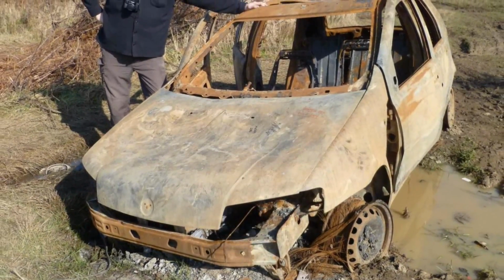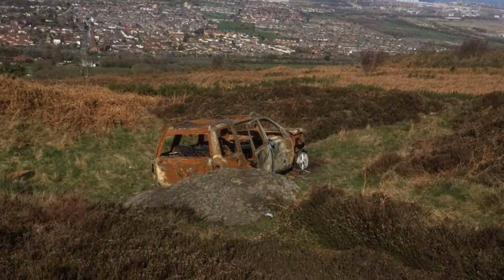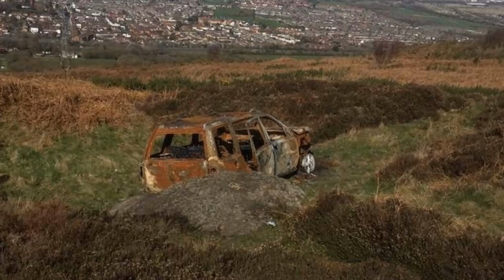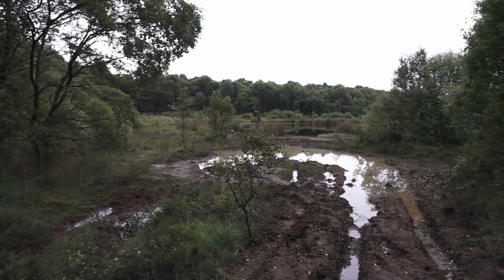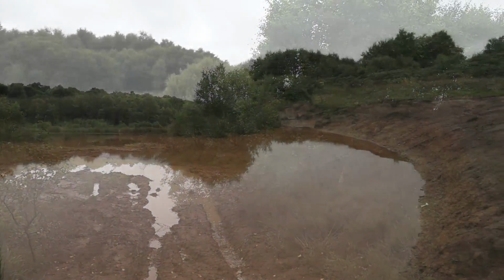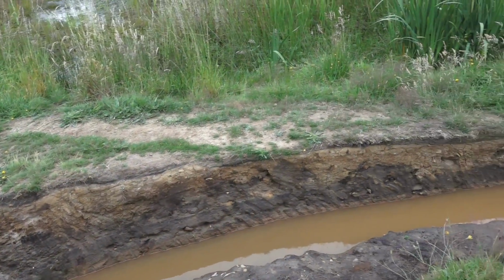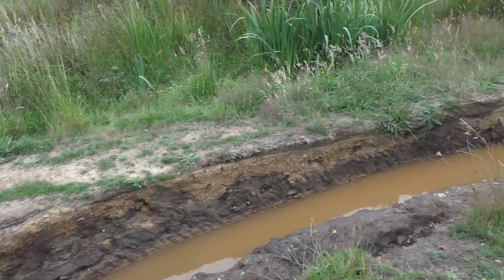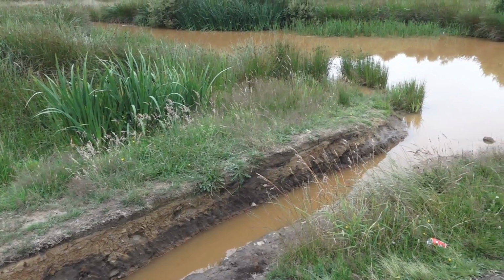Having apparently bought these cars for a pittance at the scrap merchant, groups of people bring them up to the moor and proceed to ride around the landscape until they can ride no more. This activity is having a detrimental effect on the environment and the archaeology. Here at the edge of the wetland, the ground has been carved up, and elsewhere the effect is even more dramatic. Leading into the water, vehicles have exposed a tantalisingly crisp stratigraphy to be found below, ironically highlighting that which